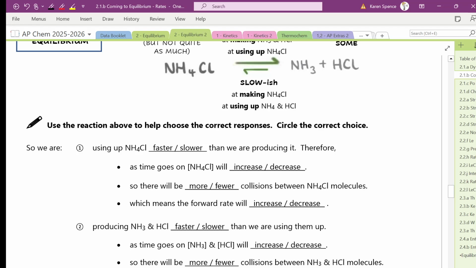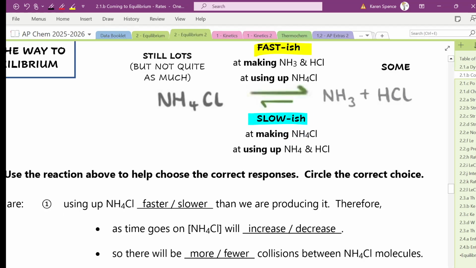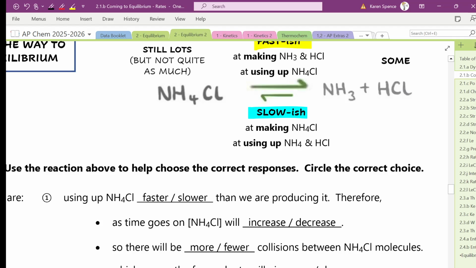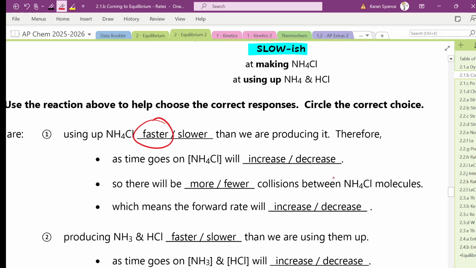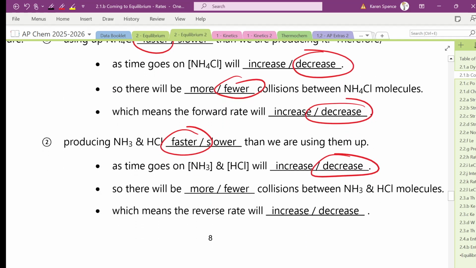I don't know that we need to go through this. This is still the same thing. We've got a fast-ish reaction forward. We've got a slow-ish reaction backwards. So we are still using up NH4Cl faster than we are producing it. Therefore, NH4Cl will decrease, which means there will be fewer collisions, which means the forward rate will decrease. NH3 and HCl are still being produced faster than they are using them up. So as time goes on, their concentrations will decrease. So there will be